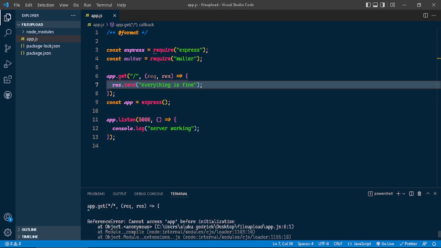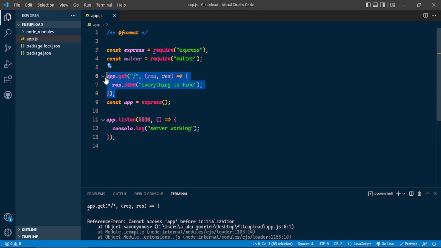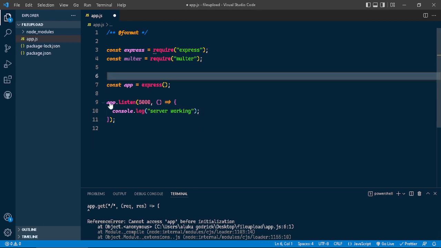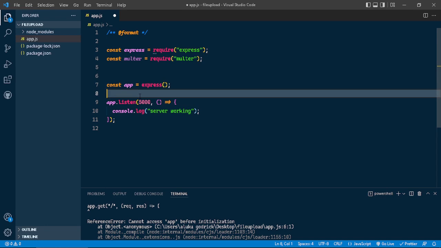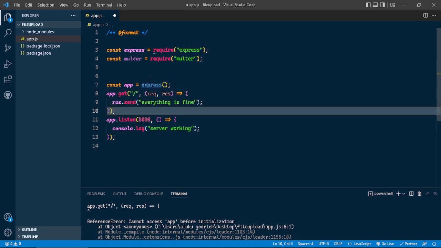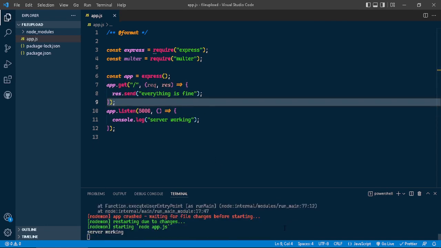There is some error. The error is here because we are using the app before initializing it, so our route should fall below that. So let's save the changes. So everything is fine. Let's go to Postman